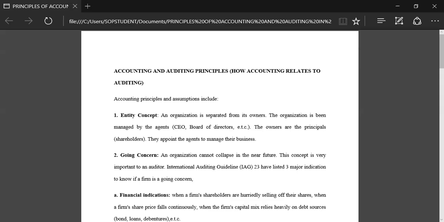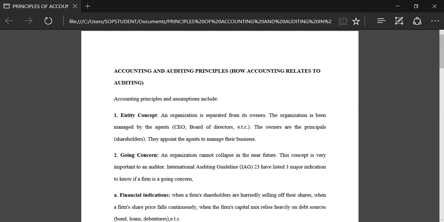This is a presentation on accounting and auditing principles. Accounting and auditing are interconnected fields that are useful to manage and to verify financial activities in organizations. However, they have different principles